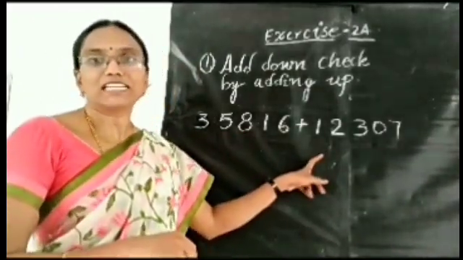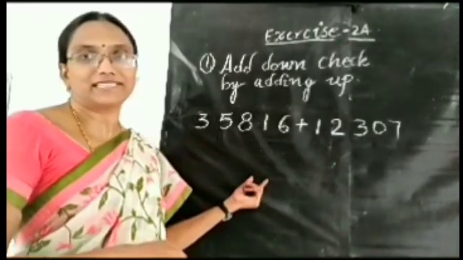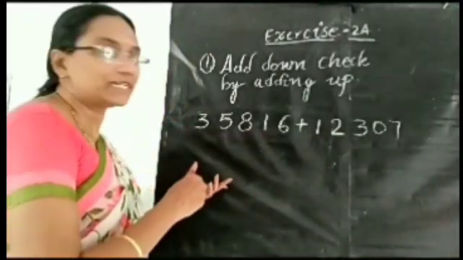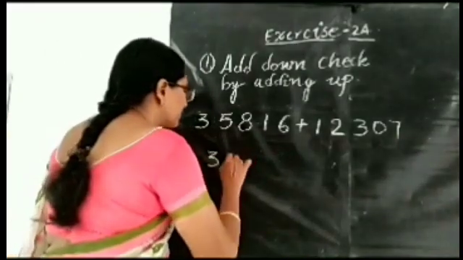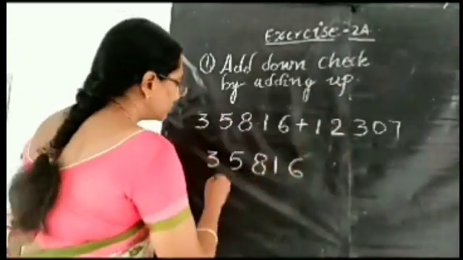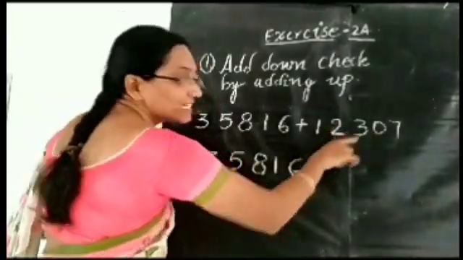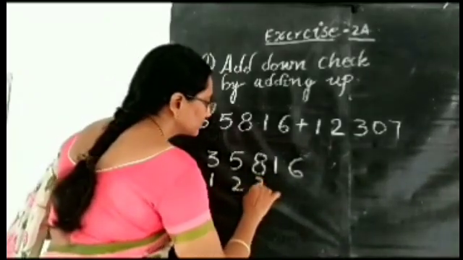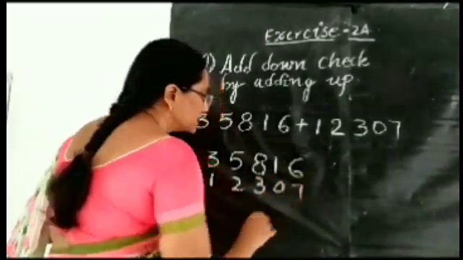How to find the sum of 5-digit numbers? You will see this. First arrange the numbers according to their places. Write this number and write down the next number. It is also having the same number of digits. So write. This is the arrangement of